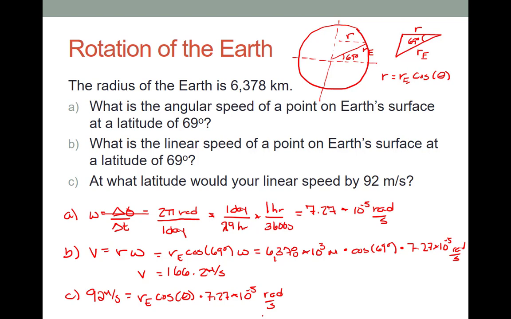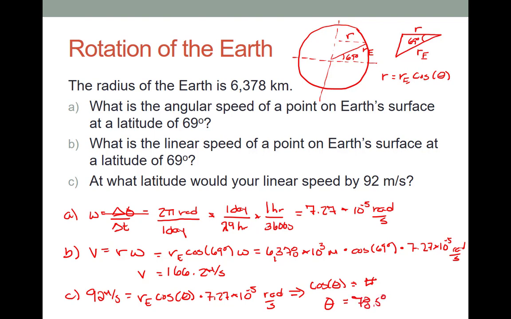If I solve this for the cosine of the angle, it gives me cosine of theta equals a number. I didn't write down that number. And I can find theta, once I put it all into my calculator, equals